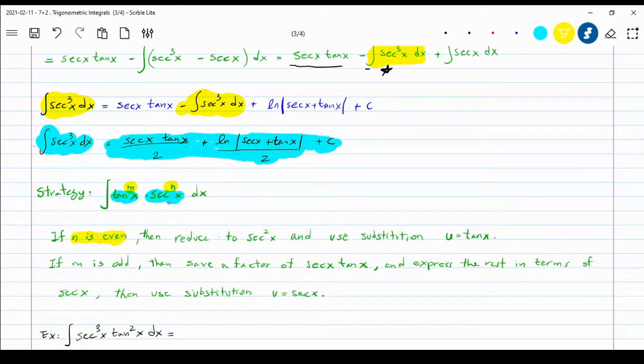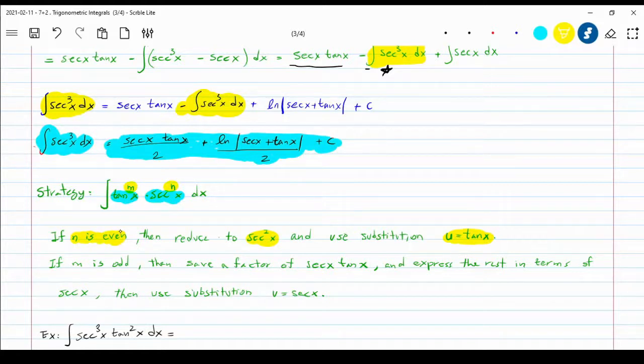You try to reduce that power to 2, so you create a secant squared x, and everything else you leave in terms of tangent. Then by doing substitution, the derivative of tangent will give you that secant squared. So you change every other secant to tangent, then use the substitution of tangent x. And if